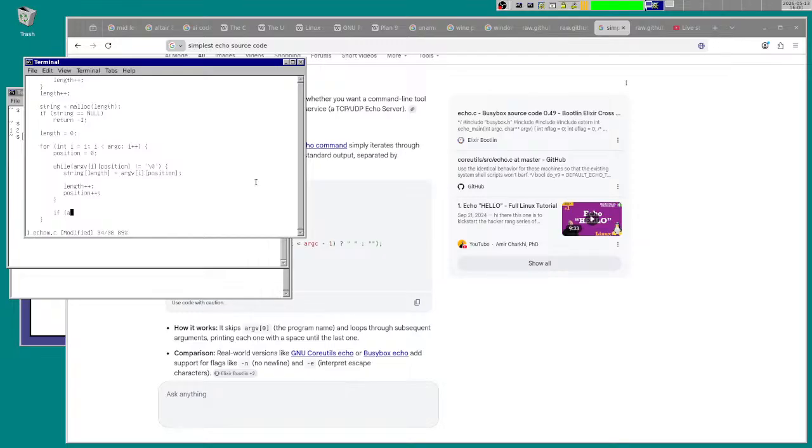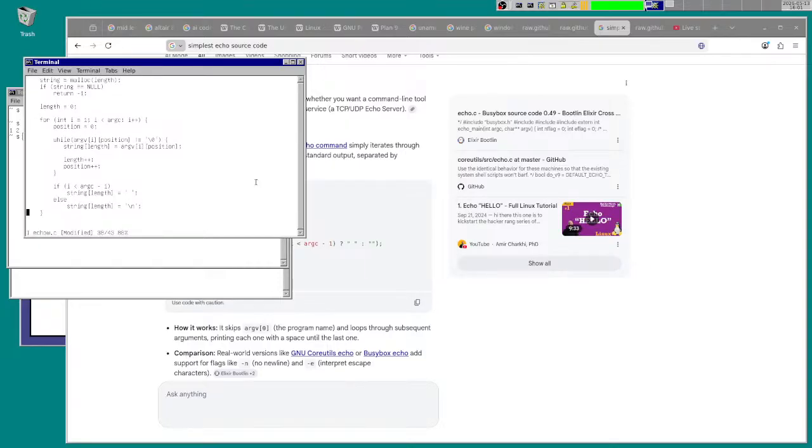If i is less than argc minus 1, then string length equals the space, and then else string length equals, I don't know why we're doing this new line, because I'm doing something different with this here.